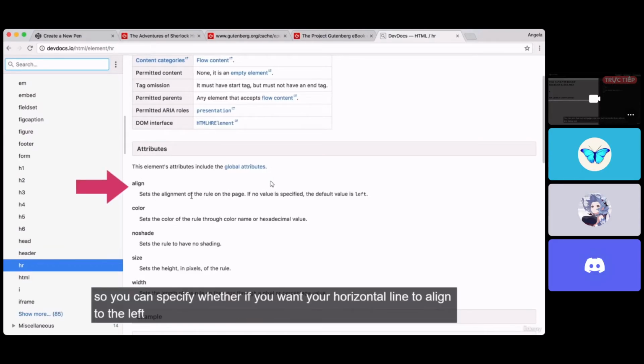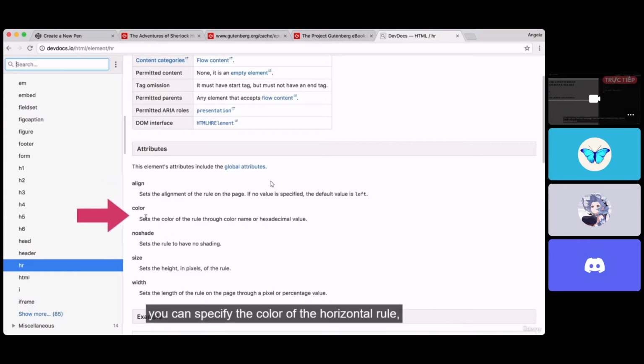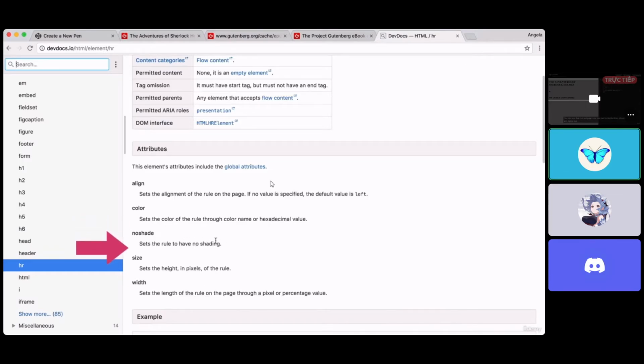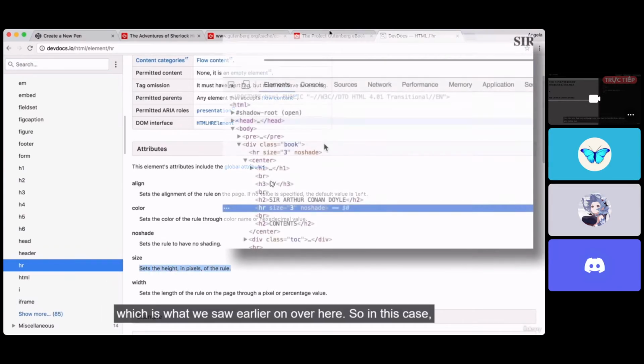So you can specify whether you want your horizontal line to align to the left or align to the right or be centered. You can specify the color of the horizontal rule. You can set whether you want the horizontal rule to have shading or not. And you can also set the height in pixels of that horizontal rule, which is what we saw earlier on